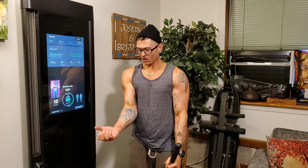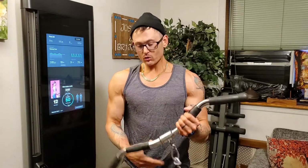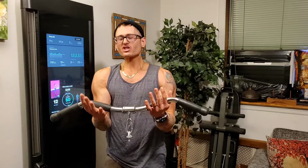In all honesty, when you're holding a bar and doing a curl and your wrist is straight like this, instead of cheating on an angle like this, it's actually harder to do. It puts more strain on your actual bicep. When you're using an easy bar, it's going to allow your wrists to be more comfortable, but technically it's putting you into more of a hammer curl position, which is going to cause you to use a couple more muscles in addition to your bicep. So technically you're not getting as much of an isolated bicep workout,